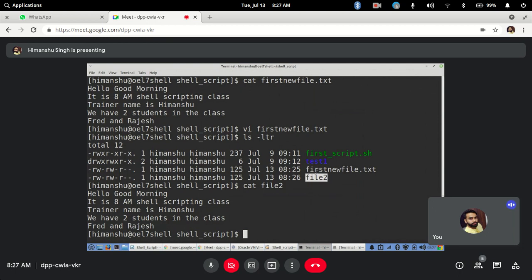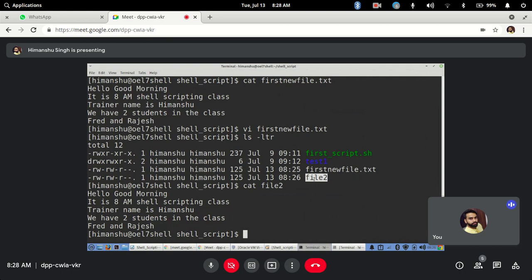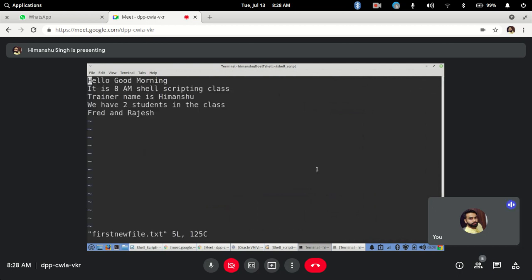Rename is the same thing. You cannot rename from inside, right? So you have to just use the copy command, as in the earlier tutorial. But from here, let's say you want to edit the file. As I have told you earlier, you can either do a copy command and make a backup of that file, or you can make a backup before editing this file. Before I enter anything, I want to take a backup, so I will take a backup using this method. It will save it, and then you can open the file again and start editing it.